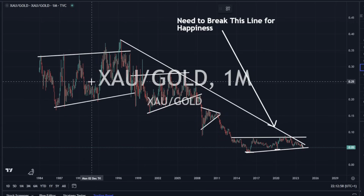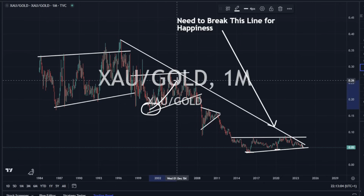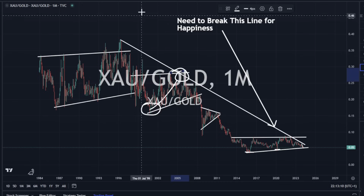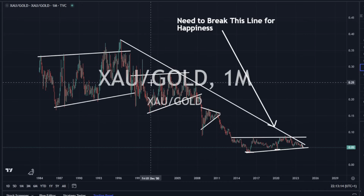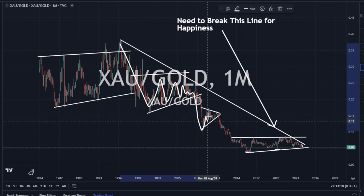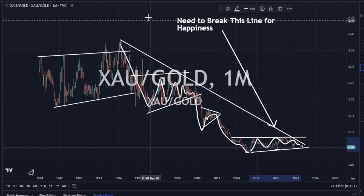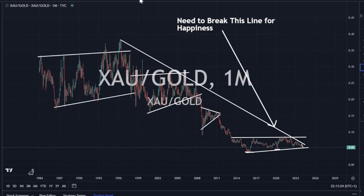So last bull market, we went from 1999, 2000. And the bull market was just this little move up here. That was the bull market of last bull market for gold and silver mining companies. Pretty weak. I would say that's lame at best. All right. So we kept coming down. We consolidated, came down, consolidated, came down. We're consolidating. Now, what I'm hoping occurs, and I know I'm not trading off of hope, but this is what I hope occurs,